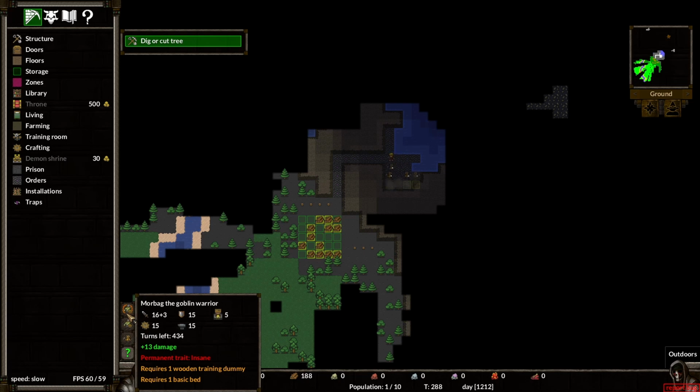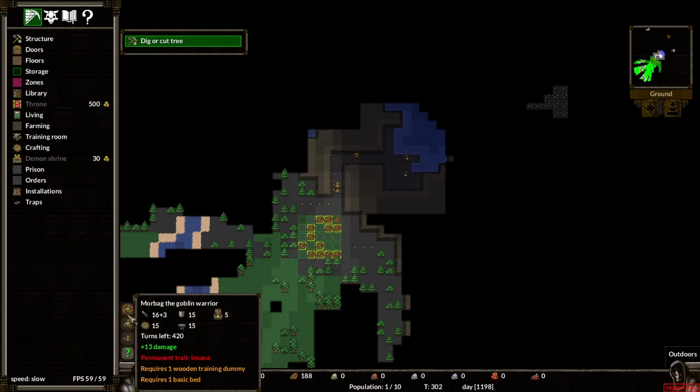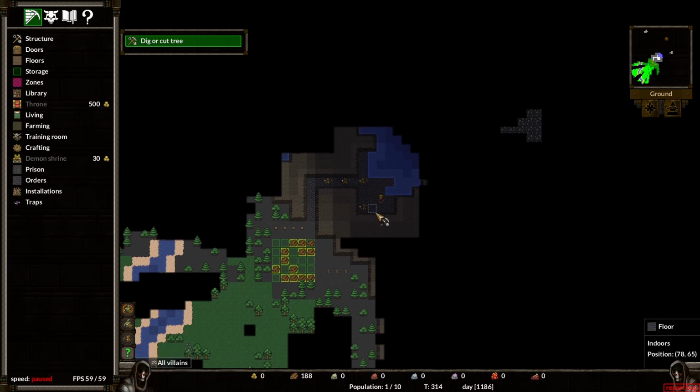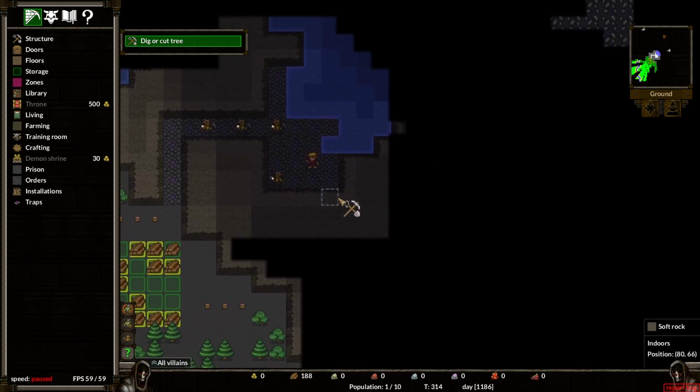He has a permanent trait of insane. I don't know what that means. I'm assuming it's bad. But look, he has a plus 13 damage modifier. So maybe he tries to kill our own units, which would be really bad. But maybe he's good in combat. And also, you see turns left, 212. Unfortunately, that does mean if we wait too long, we're going to lose that recruit. Not the end of the world or anything like that. But we need to start getting